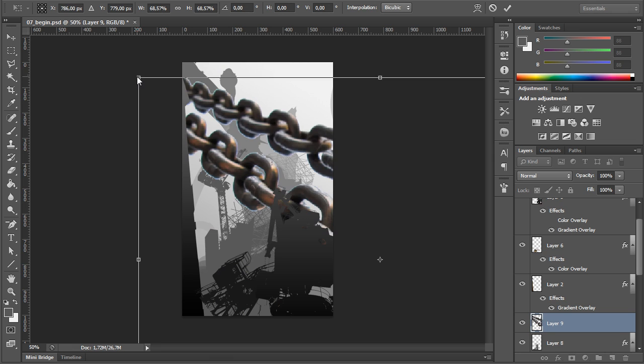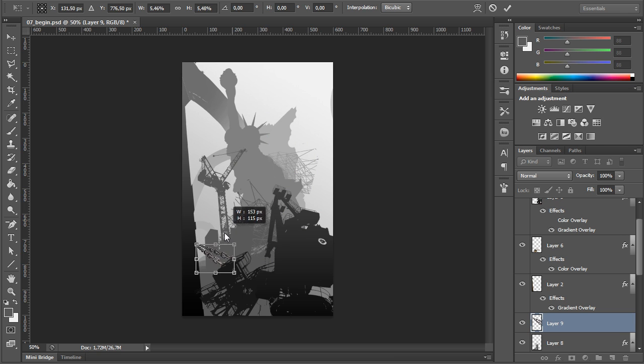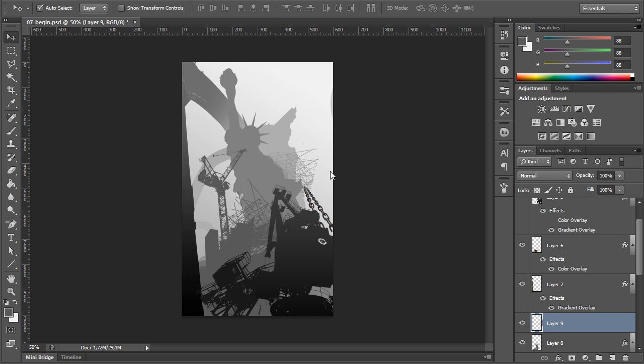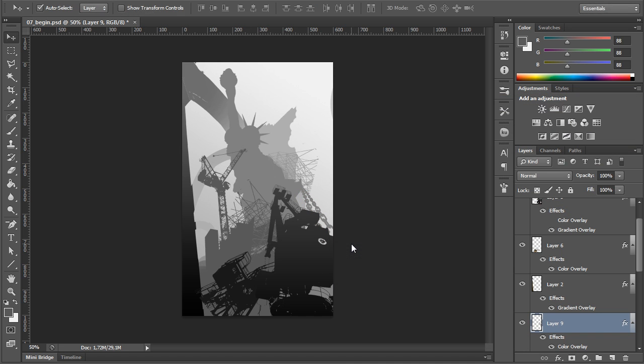So paste it into our composition, scale it down, and adjust the position just on the right side. Just over there. Yes, a bit bigger. Now it's okay. And add a mid-gray value overlay to it to blend it with the statue. Perfect. Now it would be nice to have one more chain here to lead the eye from the foreground to